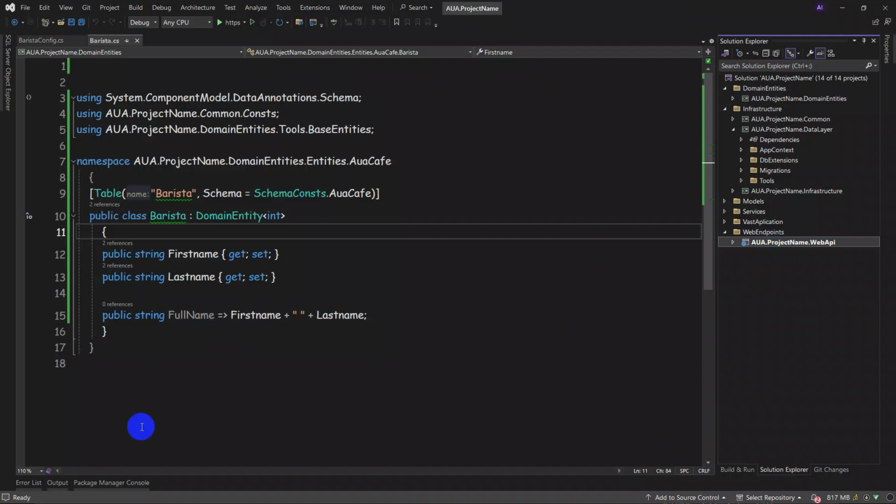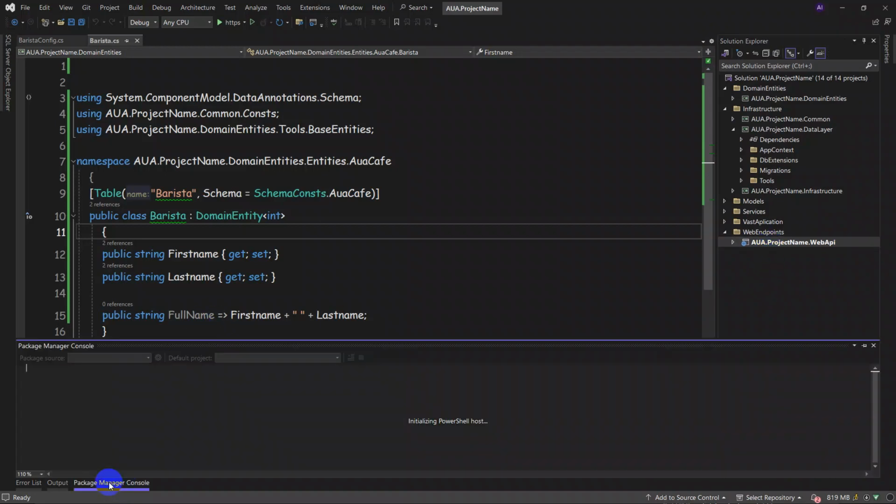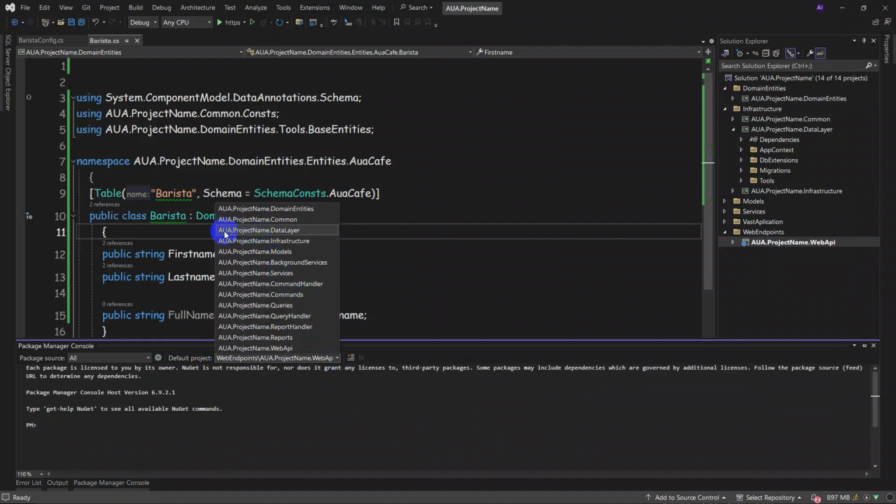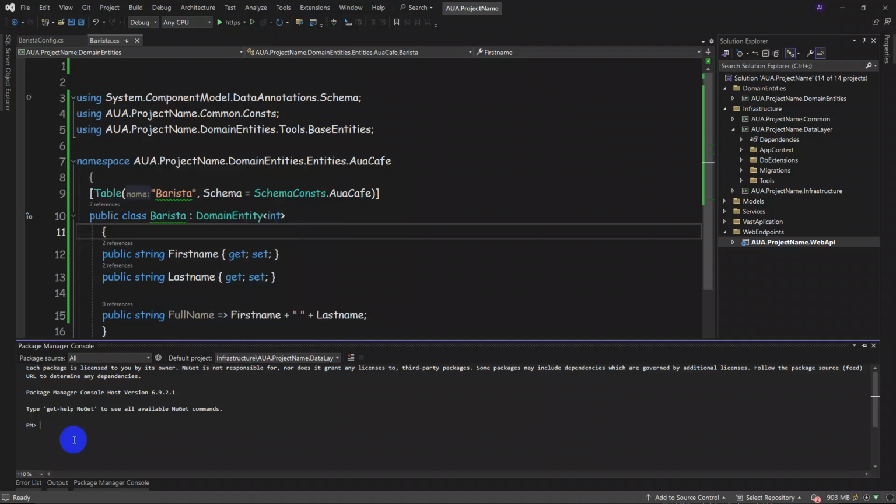Then come here in your package manager console. First set web API as the startup, then the default project as data layer, and third, just type add